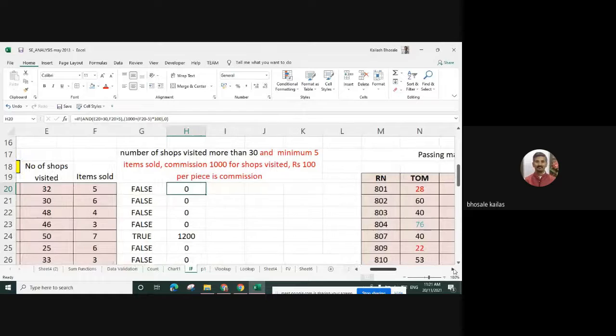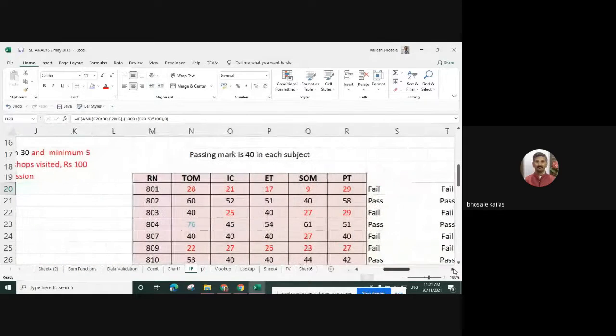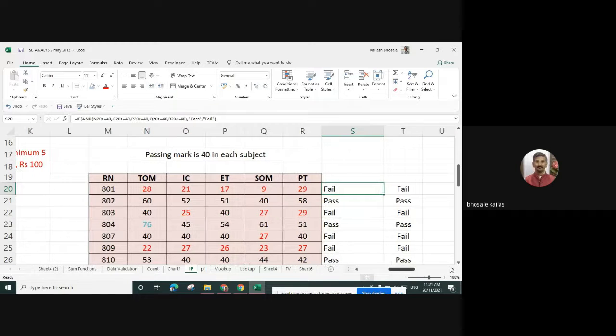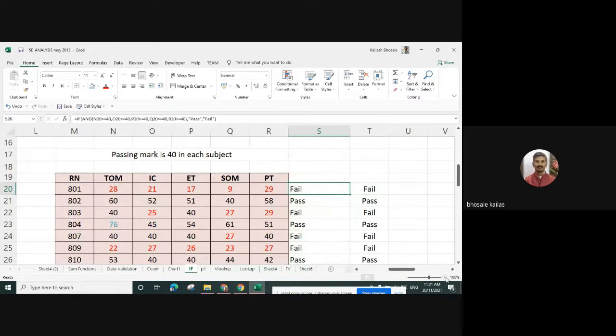Similarly, we can also use the IF and AND function. Suppose there are some marks of students, and normally we see that if the marks are lower than 40 then the student is fail.